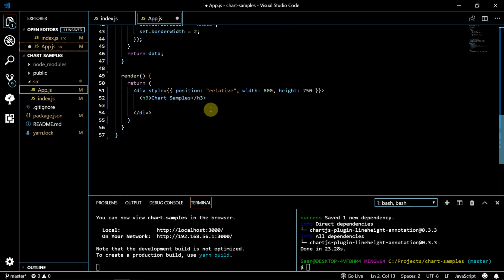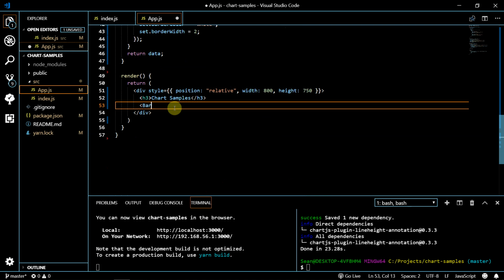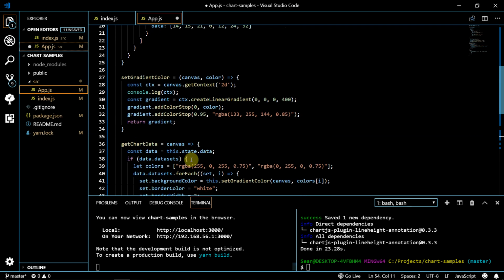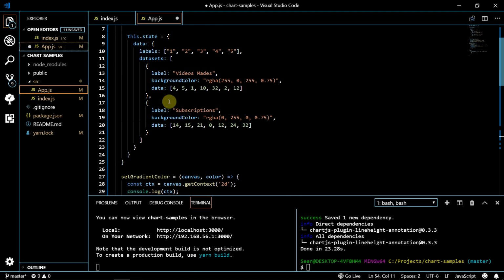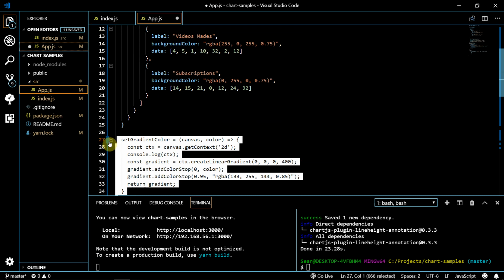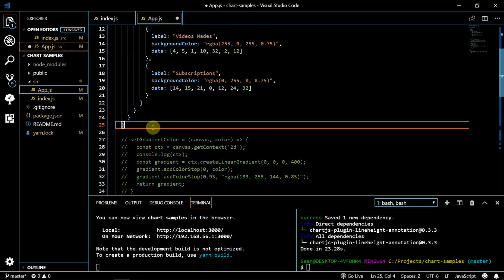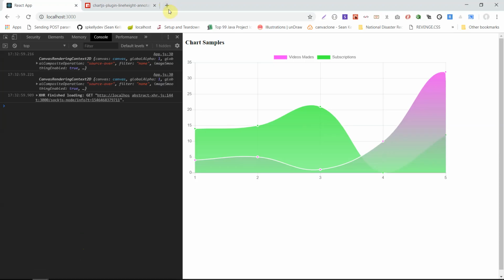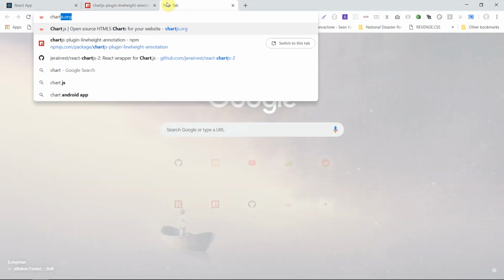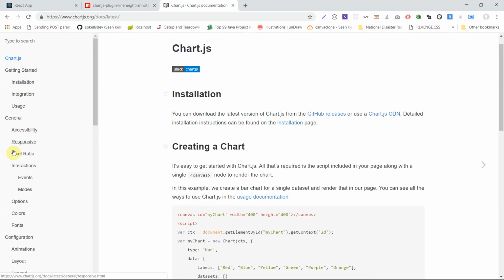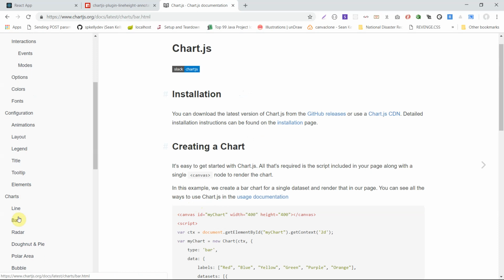So I'm going to get the bar chart, and what I'm going to do is obviously, well, I don't know if it's obvious right now, but I don't think the data sets that we have are going to work, and I'm actually just going to get rid of these gradient colors. I'll just comment them out for now until we can gain our bearings here. So let me just go ahead and get a data set for bar chart. So let's see here, bar chart,